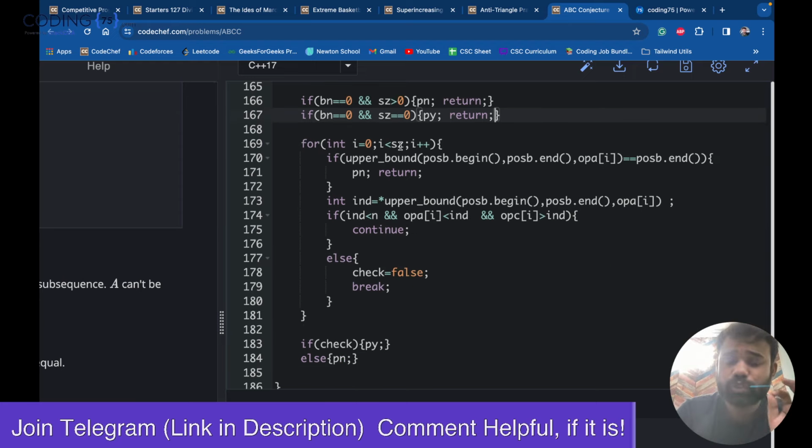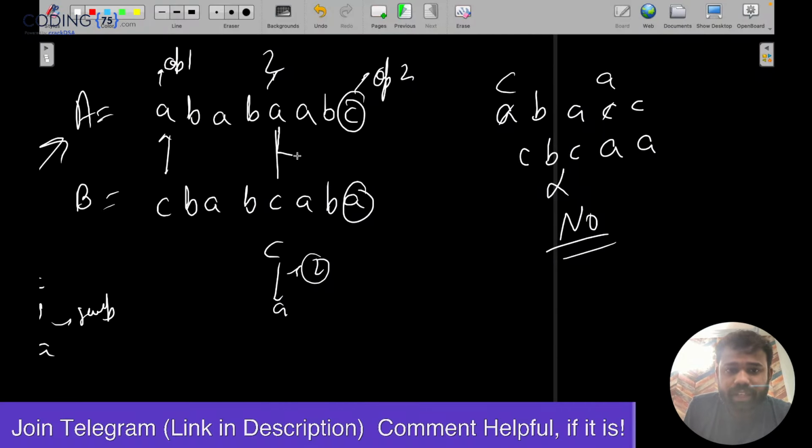Else, if we need swaps, we have to first see, before making a swap, if there is a B present between it or not. For example, if we have to make a swap for op A I, meaning we need a swap at this index. First of all, we are finding the upper bound of B, whether a B is present after that index or not. For example, if we have to make a swap between A and C, then after this A there should first be a B present. There should be a B present after this A, and after this B there should be a C present. So we will check for both.